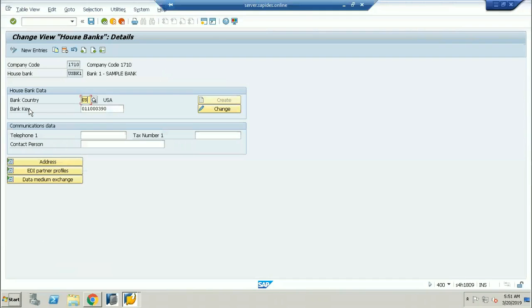Now in 1809, very important. Instead of going and logging into the Fiori, there is one SAP note that has been given. If you activate that SAP note, there will be one more icon displayed here, and if you click on that icon, it will directly take you to the Fiori. No need to log into the Fiori once again. Tomorrow I'll tell you the note which has to be implemented for this. In 1709, that note has not been provided, so you have to log into the Fiori directly and access it. But from 1809, they have given you the Fiori.